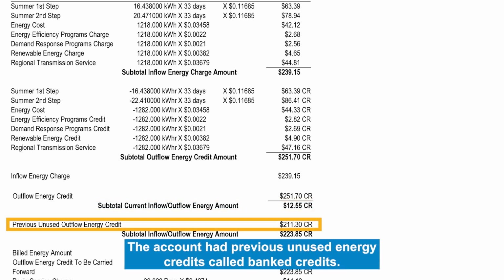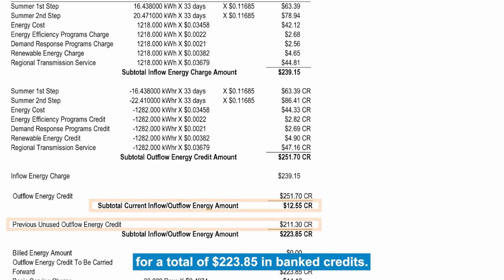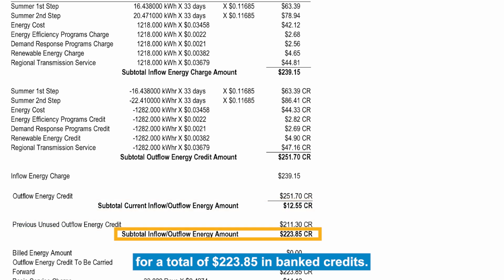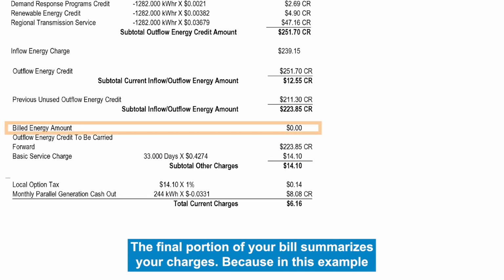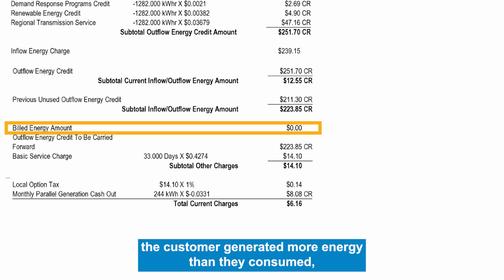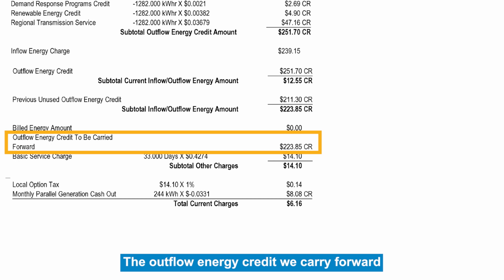The account had previous unused energy credits called banked credits. We'll add this new credit to the previous unused outflow energy credit for a total of $223.85 in banked credits. The final portion of your bill summarizes your charges. Because in this example the customer generated more energy than they consumed, the billed energy amount is zero. The outflow energy credit we carry forward is